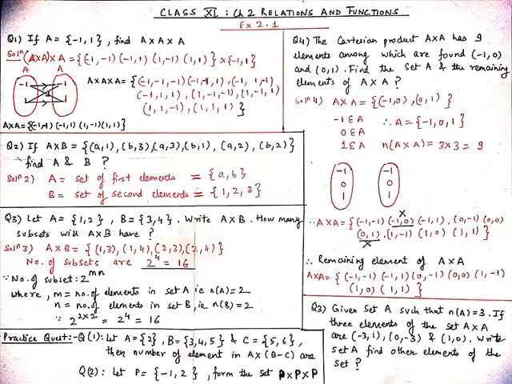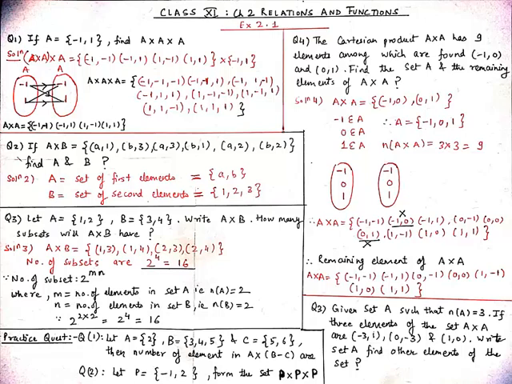And now our second question for today is, if A cross B is equal to {(a, 1), (b, 3), (a, 3), (b, 1), (a, 2), (b, 2)}, then find A and B. According to the question, we know that in the cross product A cross B, A is equal to the set of first elements, so the first elements in the ordered pairs give A = {a, b}. And B is equal to the set of second elements, so the second elements of our ordered pairs give B = {1, 2, 3}, as we know that while making a set, the elements can't be repeated.